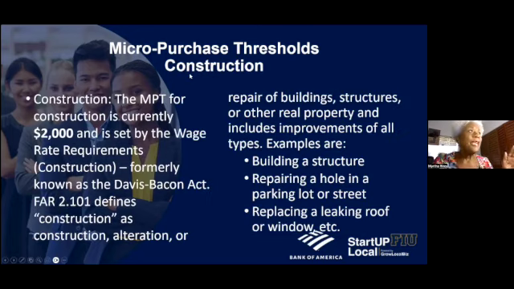So the next one we could look at is construction. You say, wow, construction's only $2,000. Why? Because a lot of these sometimes don't require your general contractor's license. Like a handy person can do it, because when they say building a structure, it's probably just putting up drywall, repairing a hole, or street lighting, a leak, something like that. So it's nothing like your big construction contract that would require the bonding that they're going to talk about on Friday,